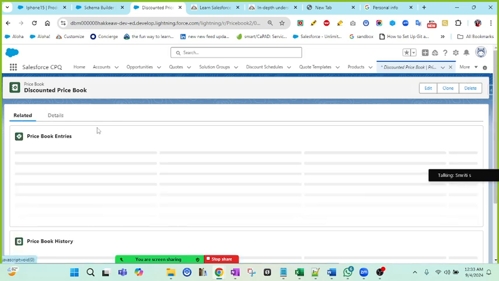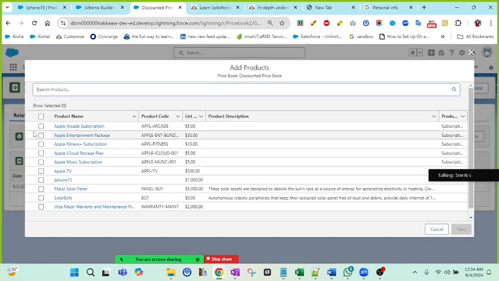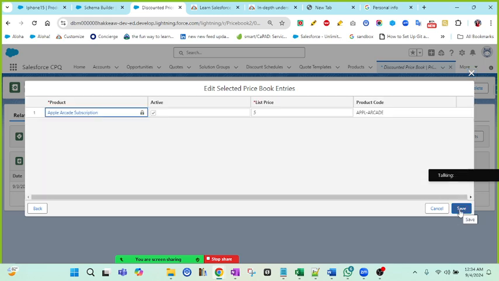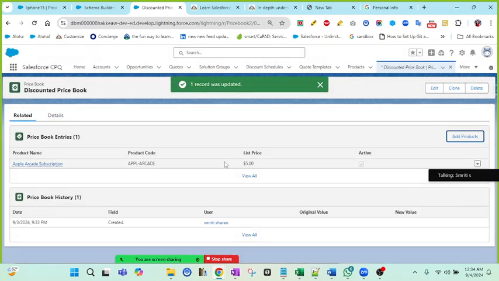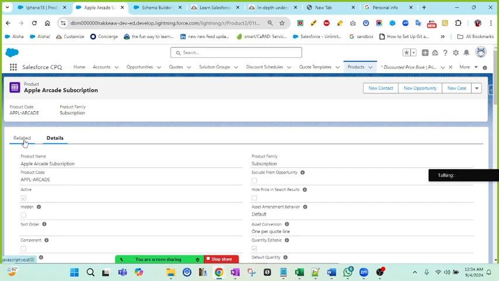Now how is it related? If I go on related and we want to link it to a particular product, we have price book entry. This is where it connects price book and the product together. So if I click on add product, and for example I click here and click on next, and put whatever price I want and click on save. So now I will be able to link the discounted price book to this particular product because of the price book entry. So if I go here and go to related,